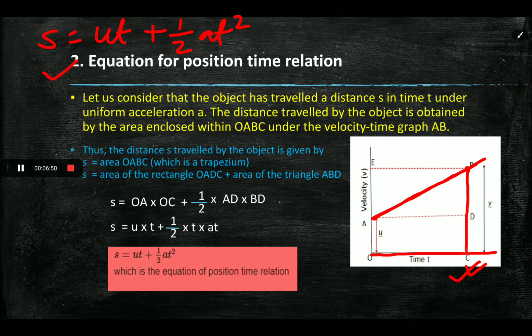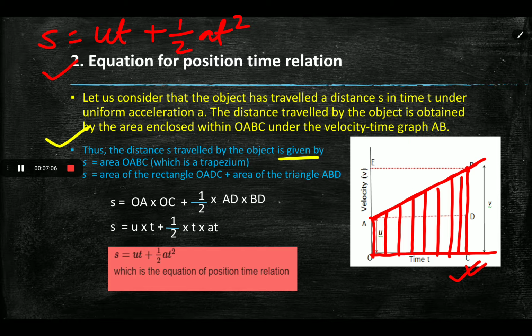So we have to calculate the area of this shaded portion. Now pay your attention here that the distance traveled by the object is given by the area of O, A, B and C, which is a trapezium. Now, if you pay your attention, then we can see that here OADC is a rectangle, and if we find the area of this rectangle, then the area of this rectangle represents